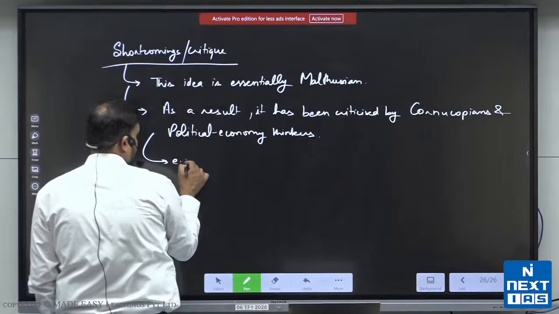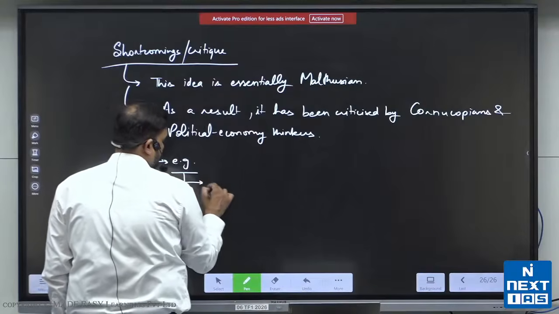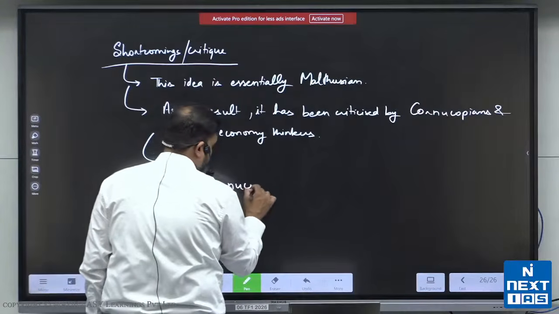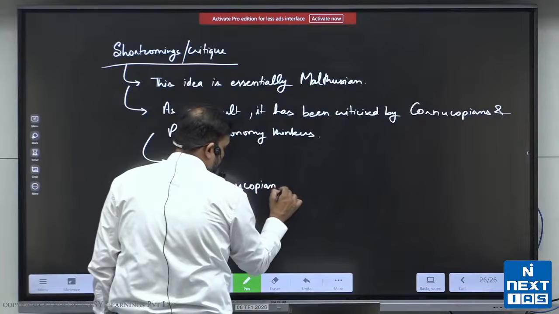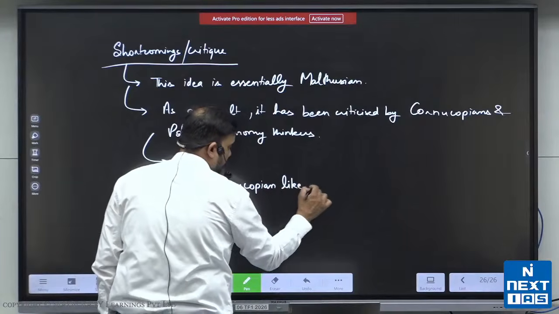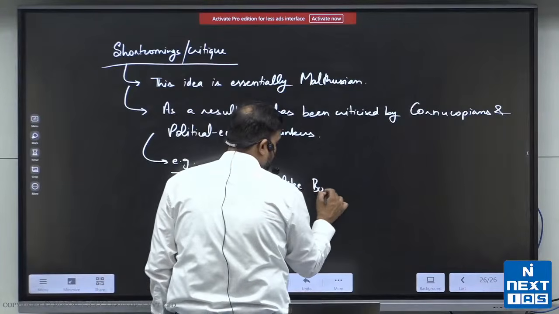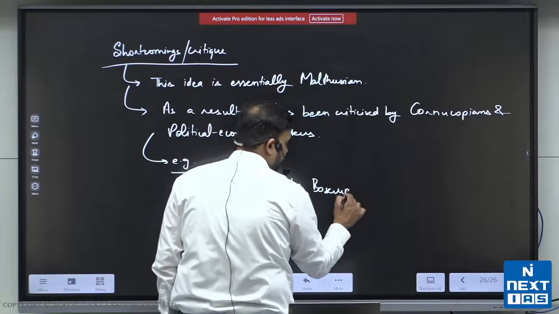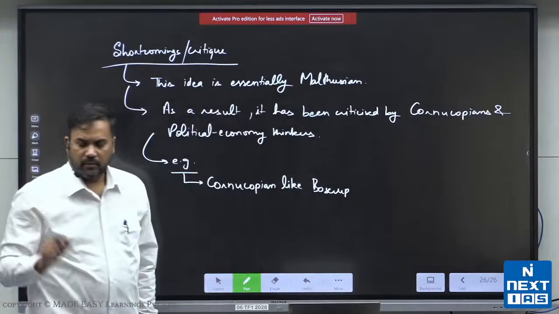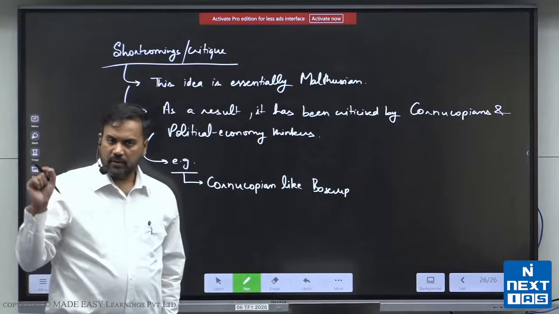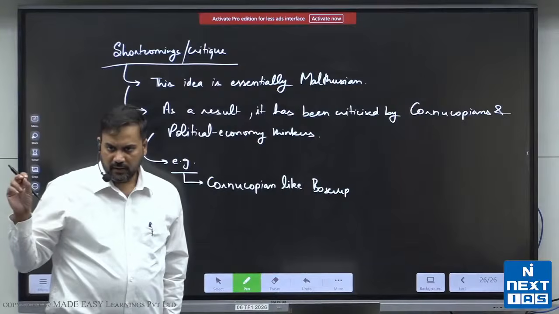For example, cornucopian like Boserup. ठीक है, जब हम economic geography पढ़ेंगे तो when we talk about critique of Von Thünen, there